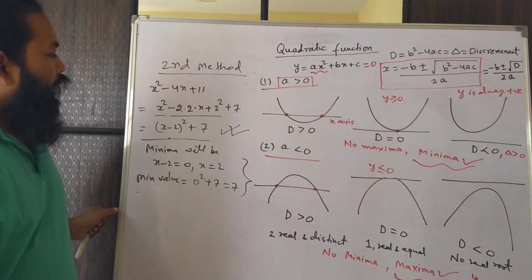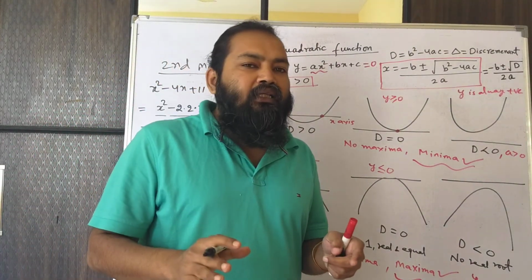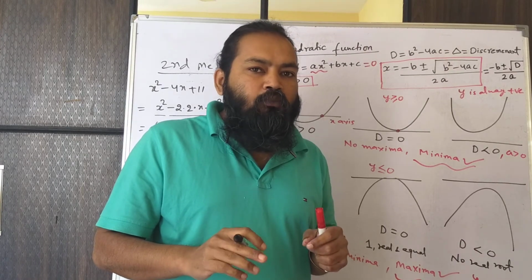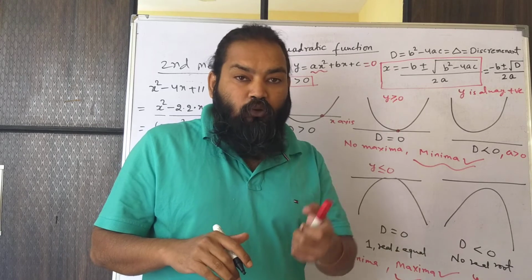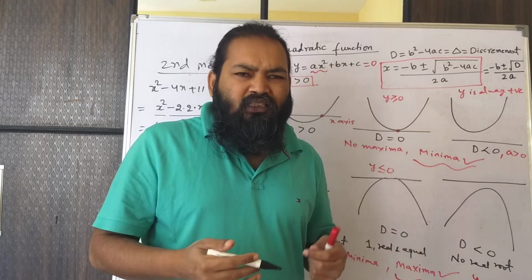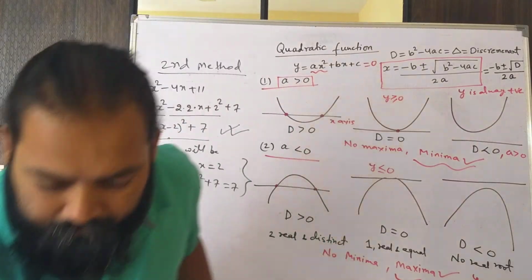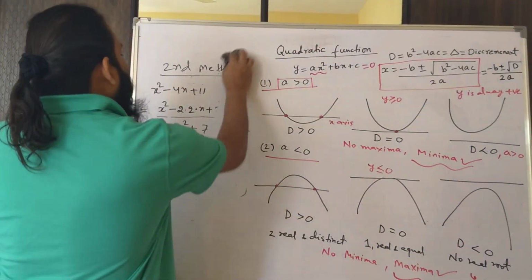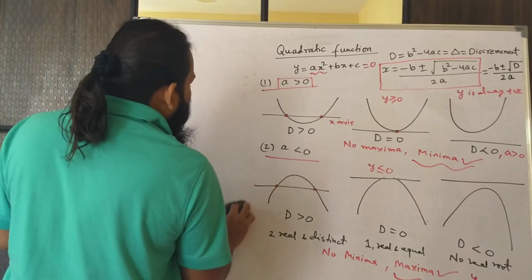Okay. And that formula that I told you, how it will come. See, it comes by Sridharacharya's formula. When you complete the square, it comes from that only. So maybe in the scope of this video, it will be difficult to cover, because I want to tell you something more. The third approach, right? Which is something like this only, but it is very important concept wise. So let me cover that. So you saw, you can predict the question, when minima will come, when maxima will come, and you can find it very quickly, right?